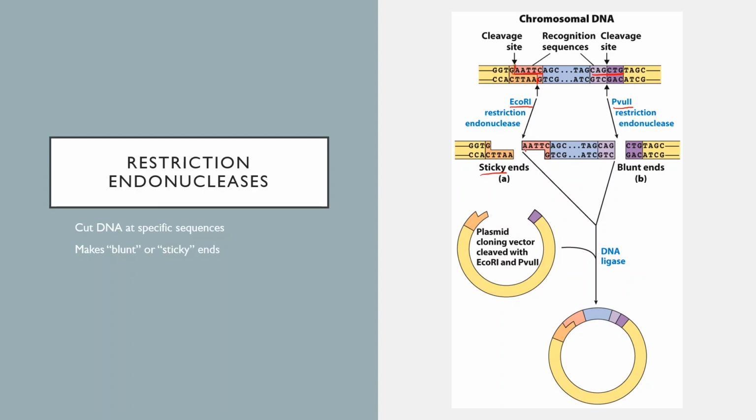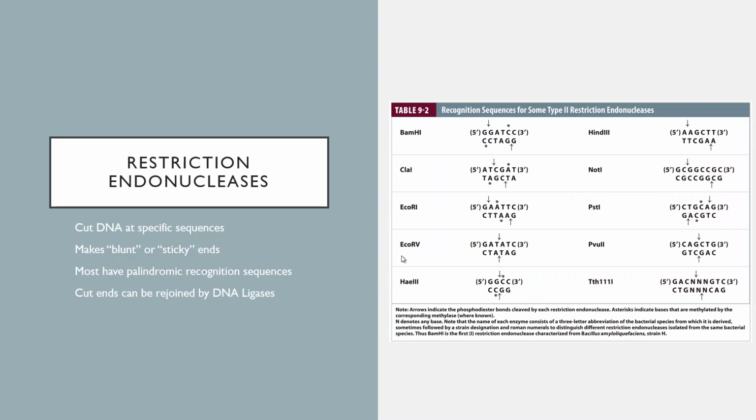So this sequence, AATT, now is a single-stranded set of 4 nucleotides that's sticking out over the end, and that happens on both strands. Meanwhile, PvuII creates what are called blunt ends because the cleavage site is in the same position on both strands. Now, these are just some more examples. Again, these are all different